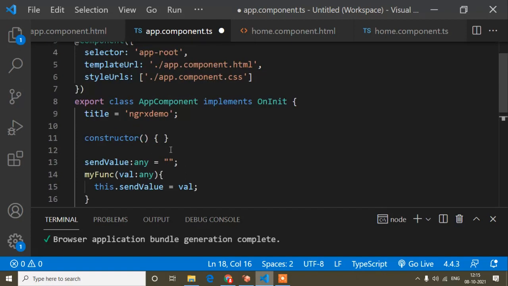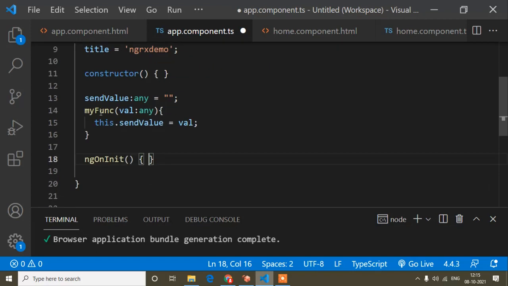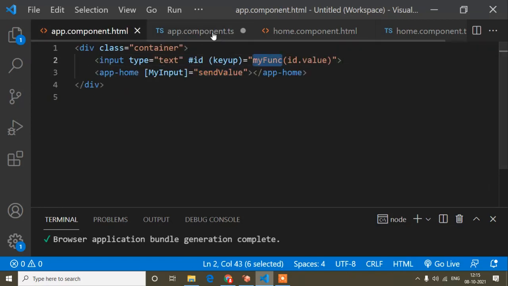So now it comes to ngOnChanges. I suggest, if you haven't watched my previous tutorial about ngOnChanges, please pause this video and watch it, and then come back here, otherwise you will get confused. In my previous tutorial, I used this app component as a parent component. You can see this home component, I used here as a child. I called this selector, and after that, in this input field, I passed a value to our child component. Here is the method of my function, and the value I type in this input field, first of all I'm sending in this particular variable.